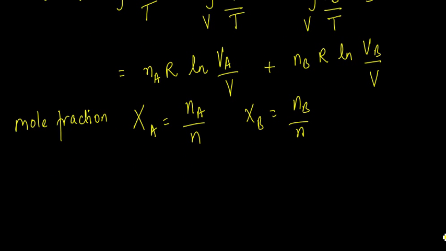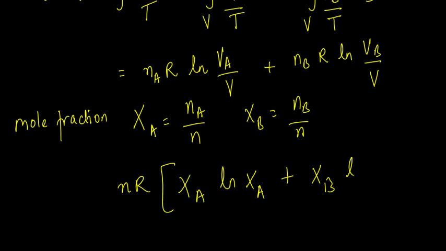And then this is N R XA log XA plus XB log of XB. This is delta S demixing,